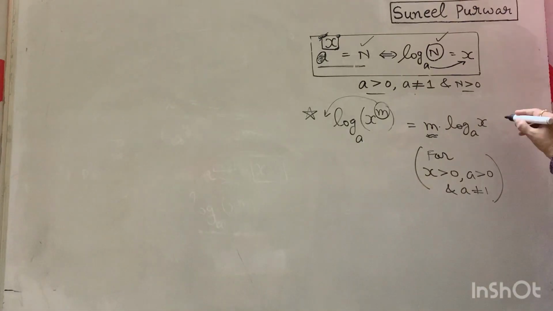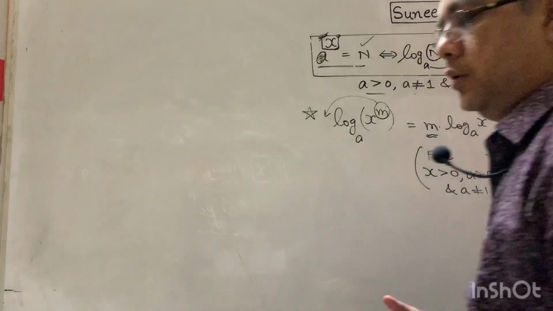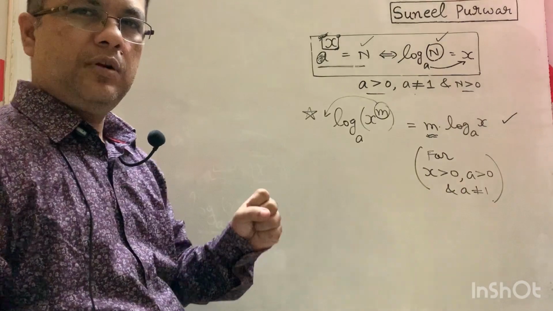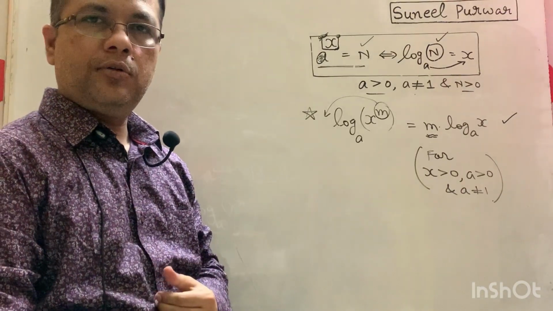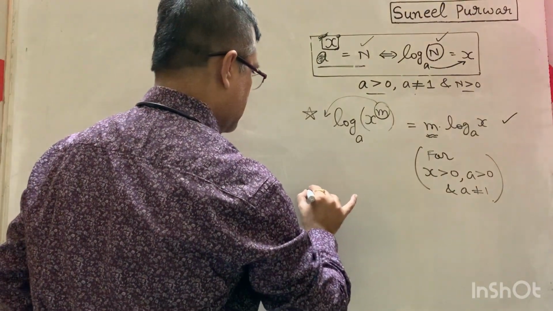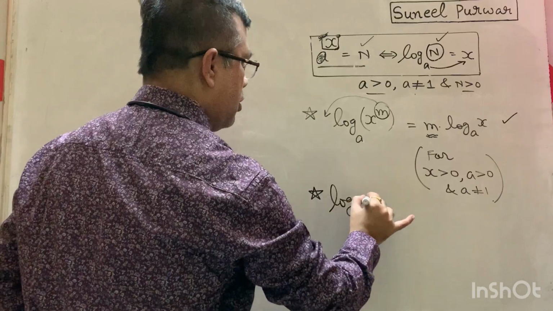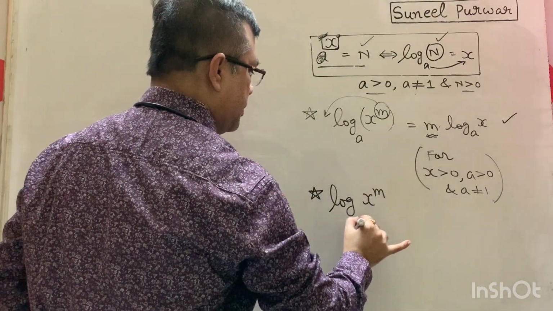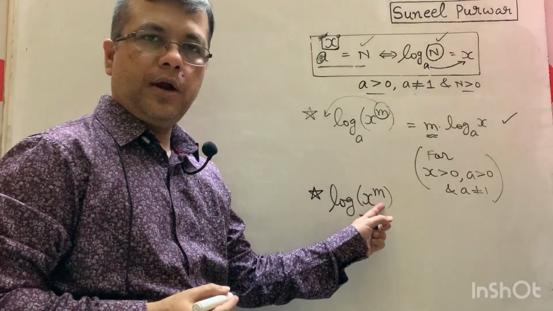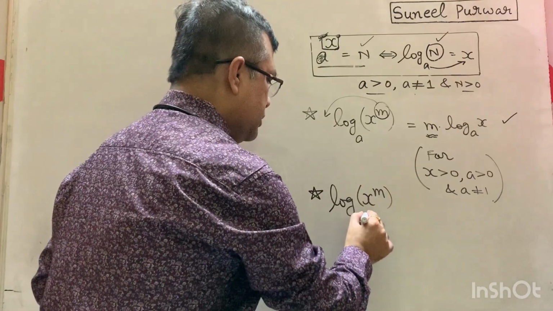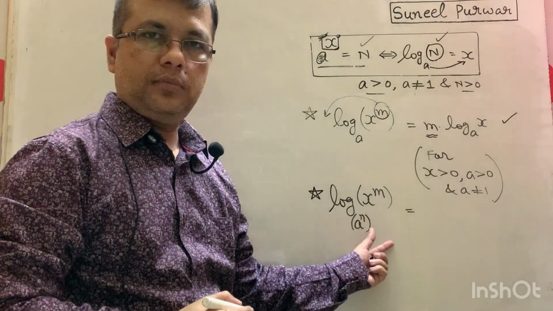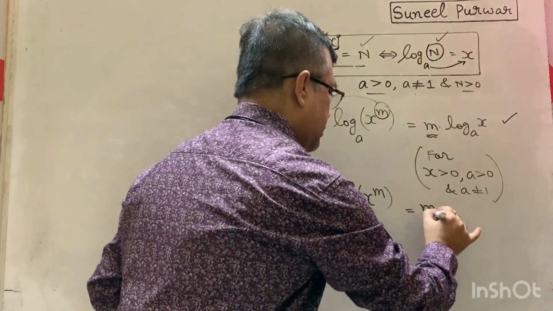Now this is a very powerful and useful result, and even a grander version of this result is available, which I am going to tell you, and that is even more powerful to solve many questions of logarithms. The result is, suppose you have log of x to the power m at the base a to the power n. That means the number whose log you are finding is an exponential, and the base is also an exponential. Then this value can be proved to be m by n.